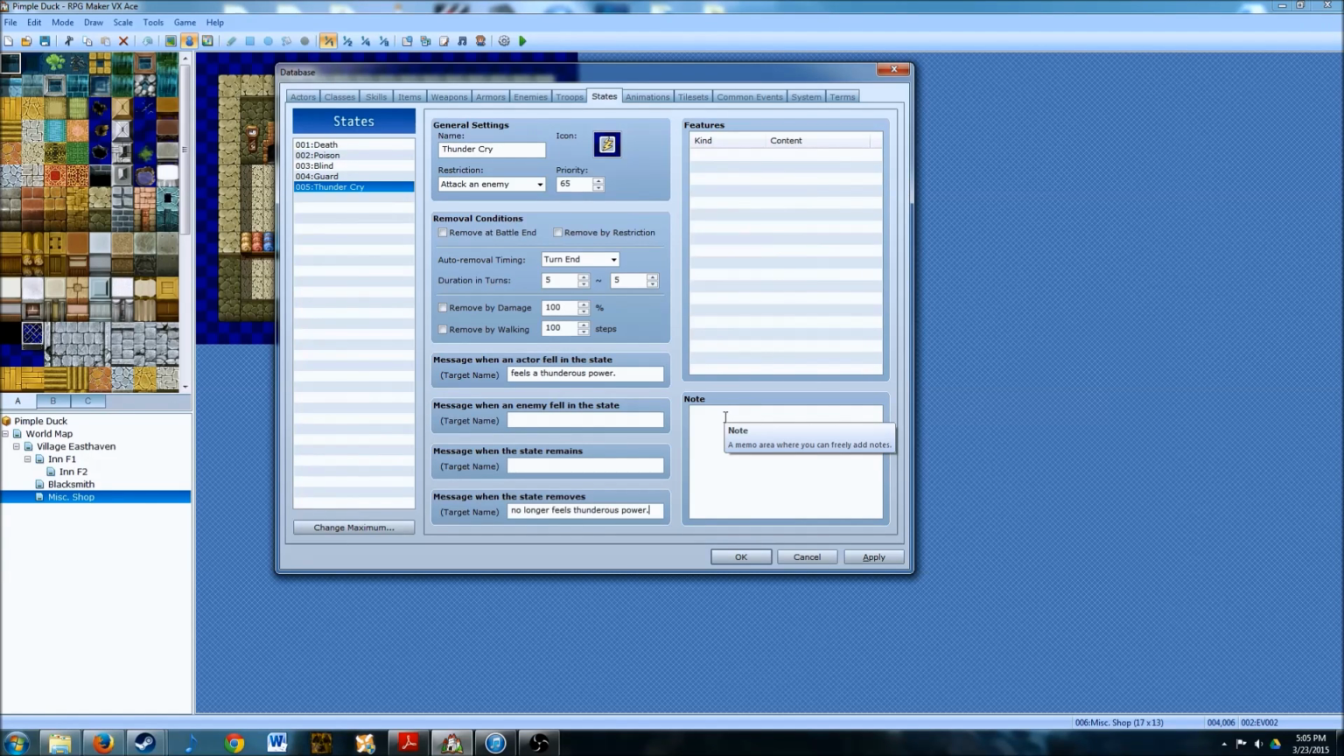Okay. And that's how that works. And you can also do one where an enemy falls in the state. You can also do when the state remains. So it gives you a couple more options there. Now let's go ahead and change the features, which is really important because we need to know what this Thunder